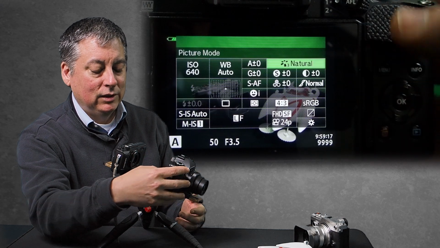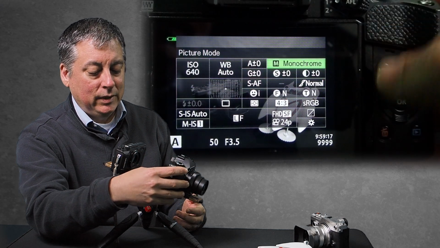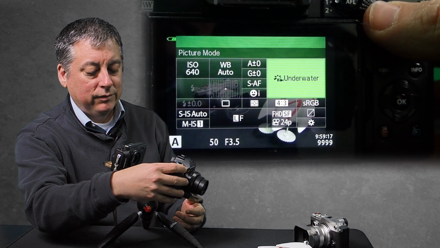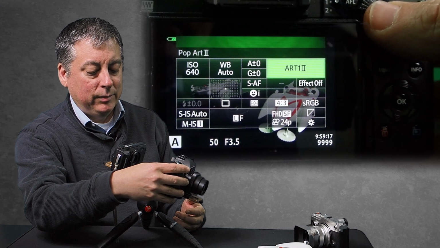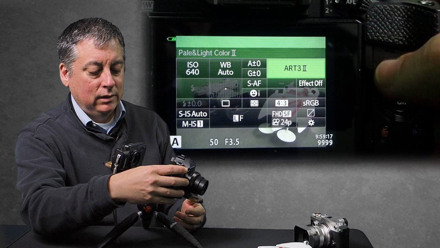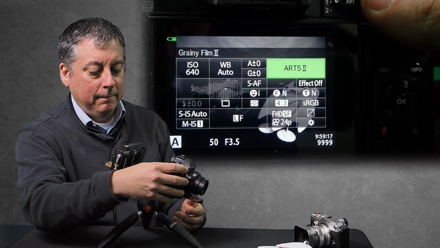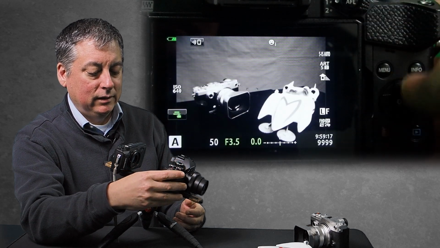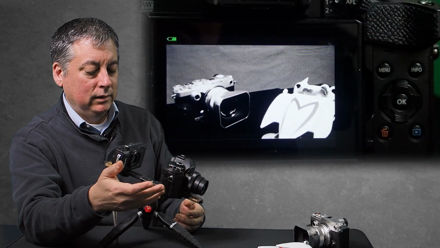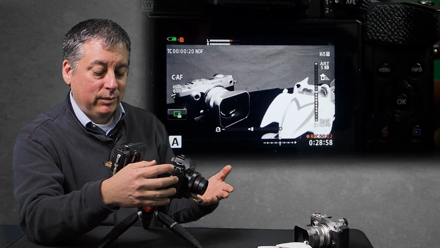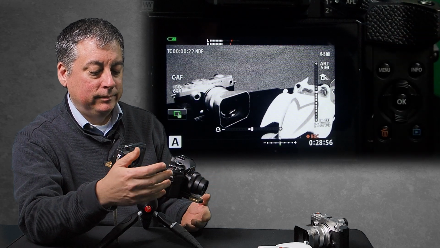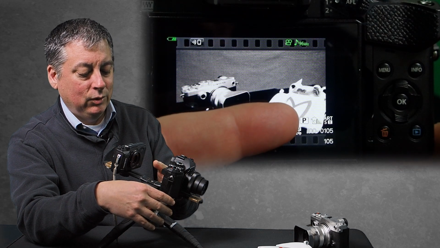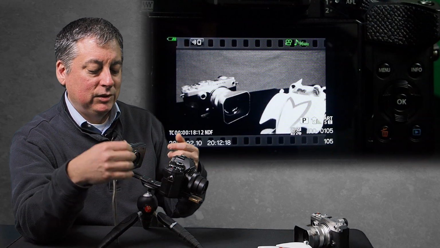All you have to do is change this to monochrome. Well, let's do an art filter, like pop art, or, yeah, let's record in grainy film. Let me see if white balance does anything. And then let's hit the record button. So now I'm recording the grainy film art filter. I'm going to hit stop. Push play, and yeah, we recorded still in program mode, but I am able to change the white balance